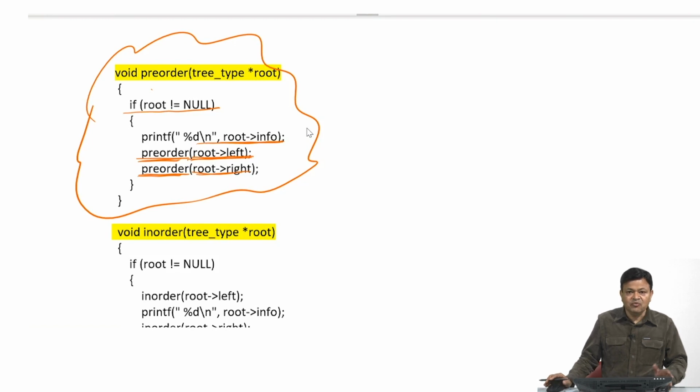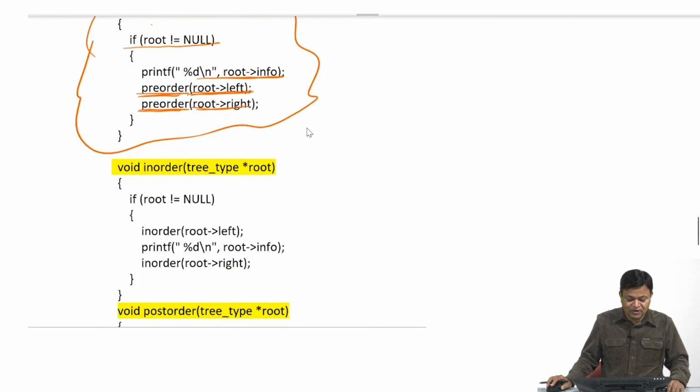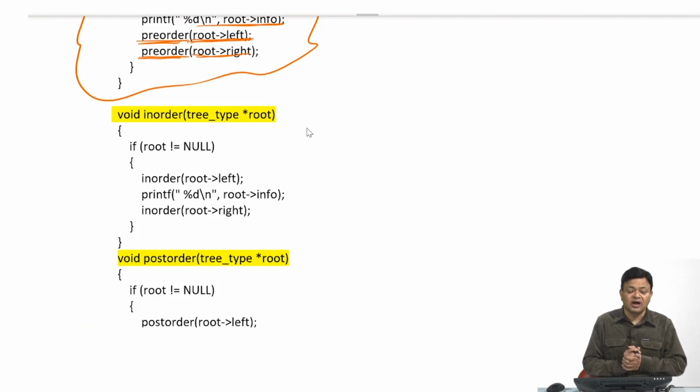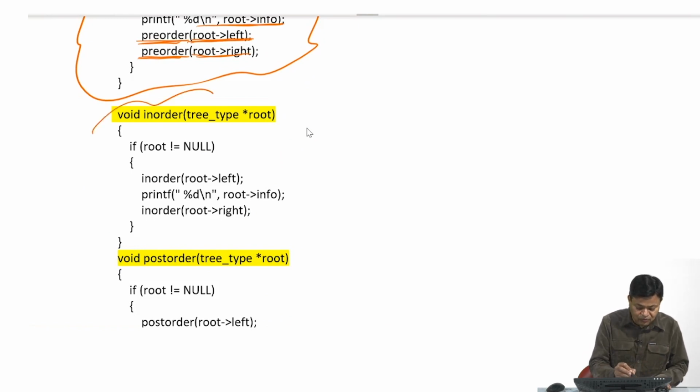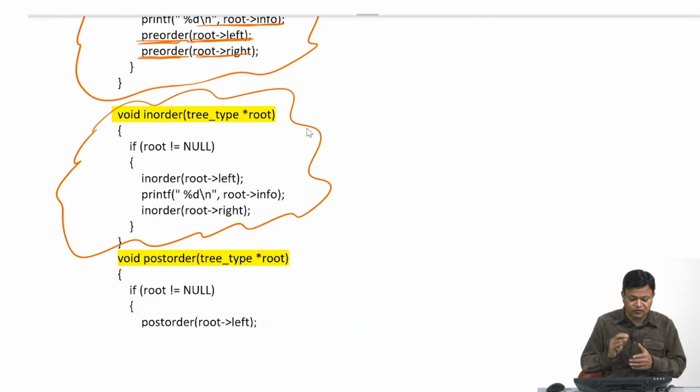In the same way we can discuss in-order also, because there is very little difference between pre-order and in-order. If I write a function for in-order, this is a recursive function for in-order. If root is equal to null, I return to the calling function. Otherwise, first of all I make a recursive call to in-order on the left child of that particular node. It means I perform the same set of activities on the left child of that node.